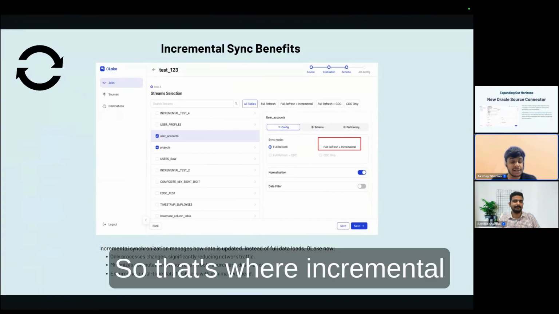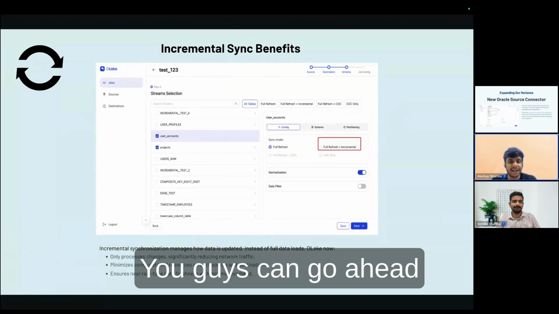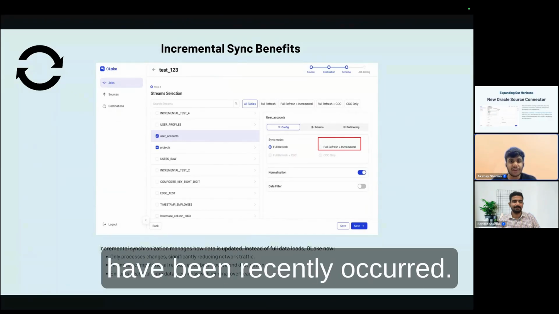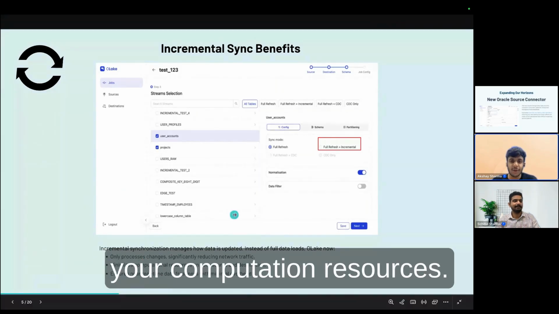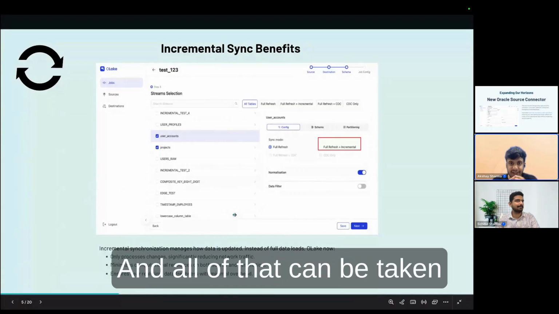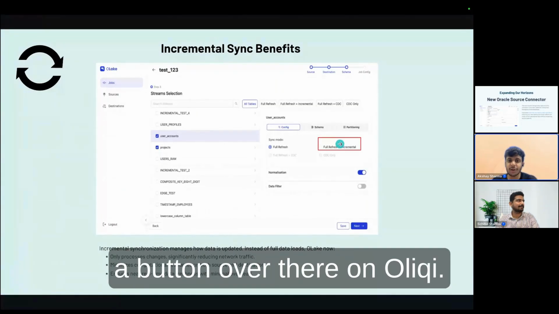So that's where incremental sync benefits you. You can process the changes that have recently occurred and propagate them through. Not only that, it minimizes your computation resources, so it takes care of all of that. And all of that can be taken care of by simply the click of a button on the OLake